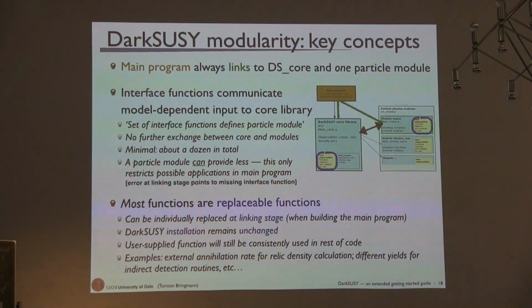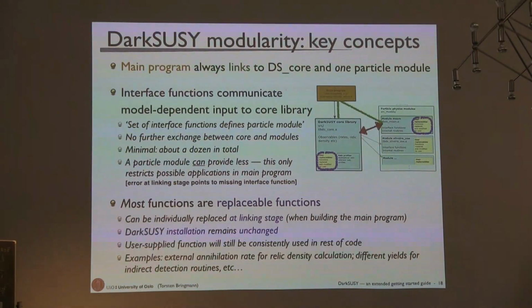Say that you have a particle module like the ZRZ. You calculate the relic density, and then you want to change something. You want to say that, oh, but actually the Breit-Wigner propagator I don't like. I have recently read a paper where the Breit-Wigner propagator is parameterized somewhat differently. I want to provide a different invariant rate. Don't go into the code and change it,